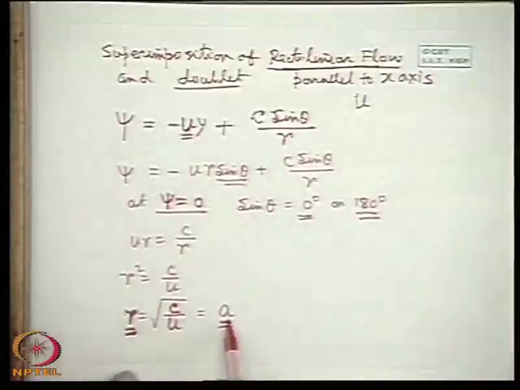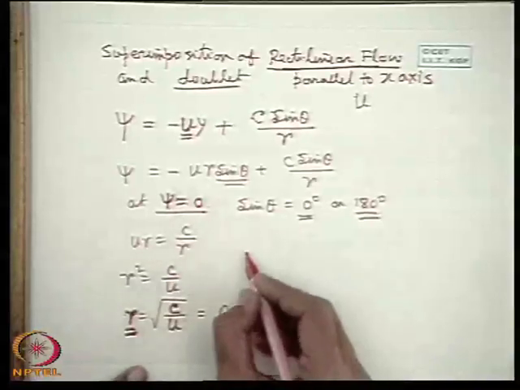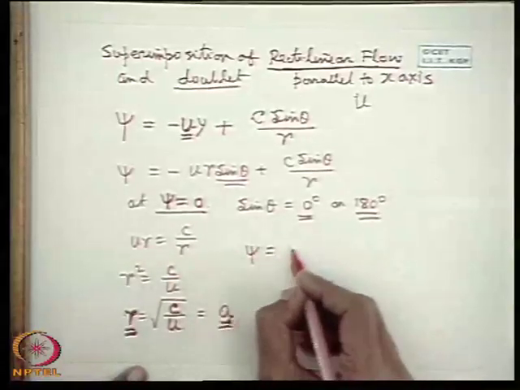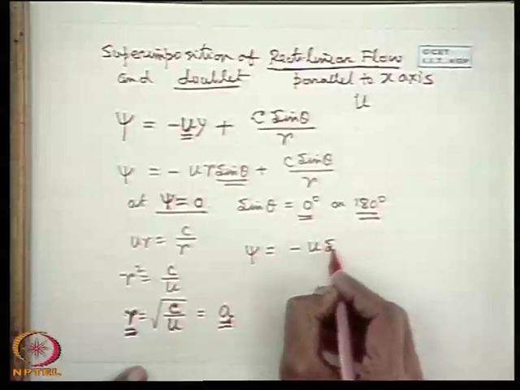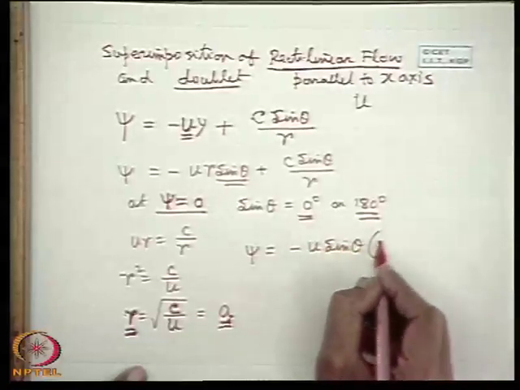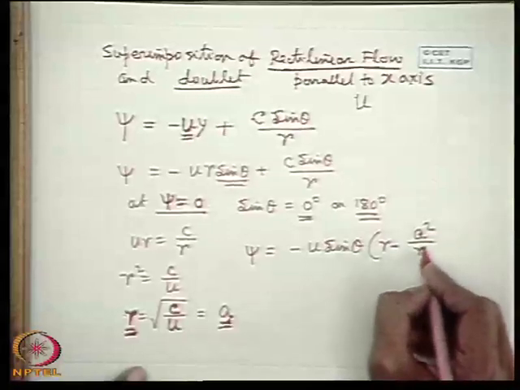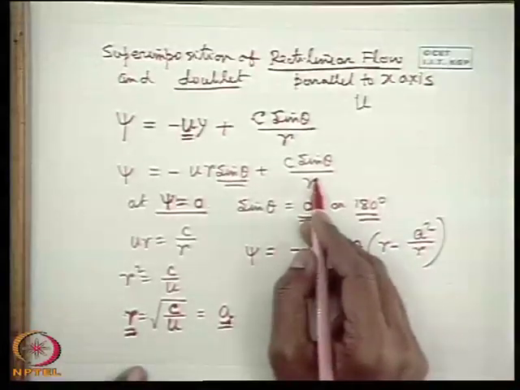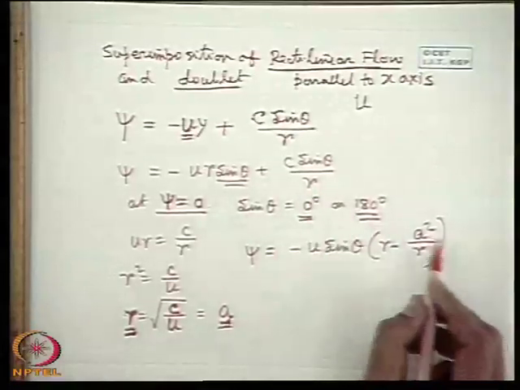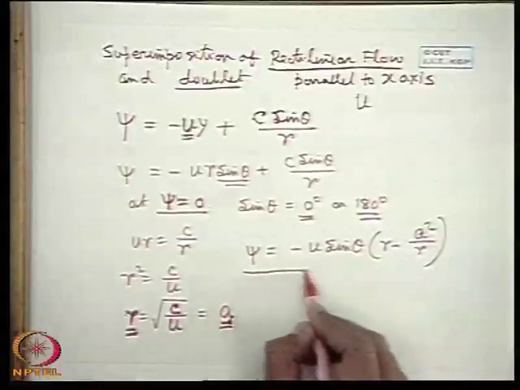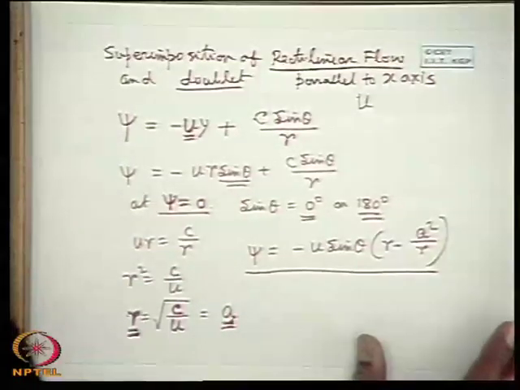So if you now replace root over c by u by a, then we get psi equal to u sin theta into r minus a square by r, because c is a square u. So this is the streamline which is obtained. Now if you write this streamline again, that